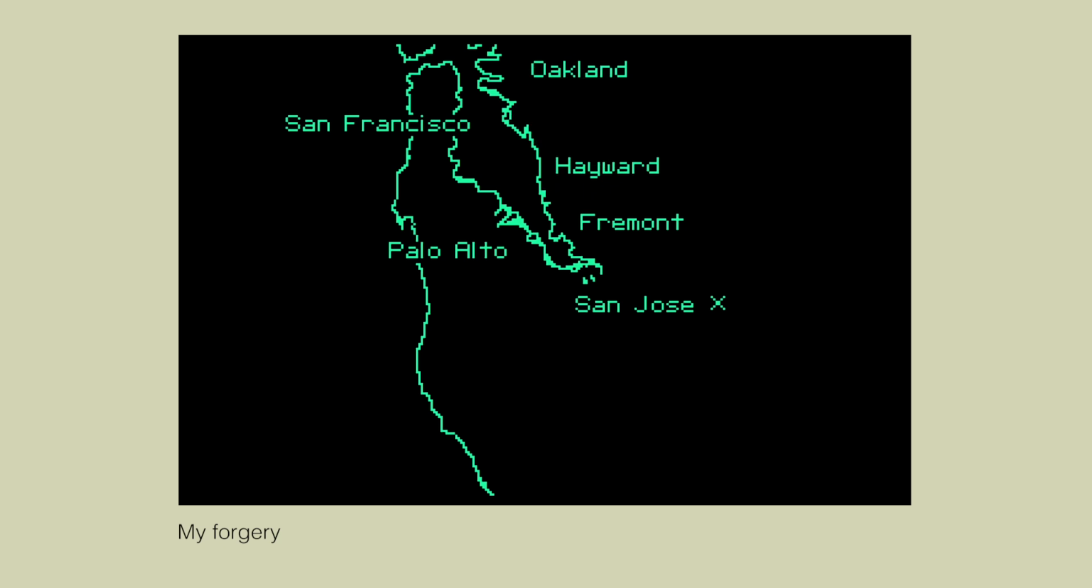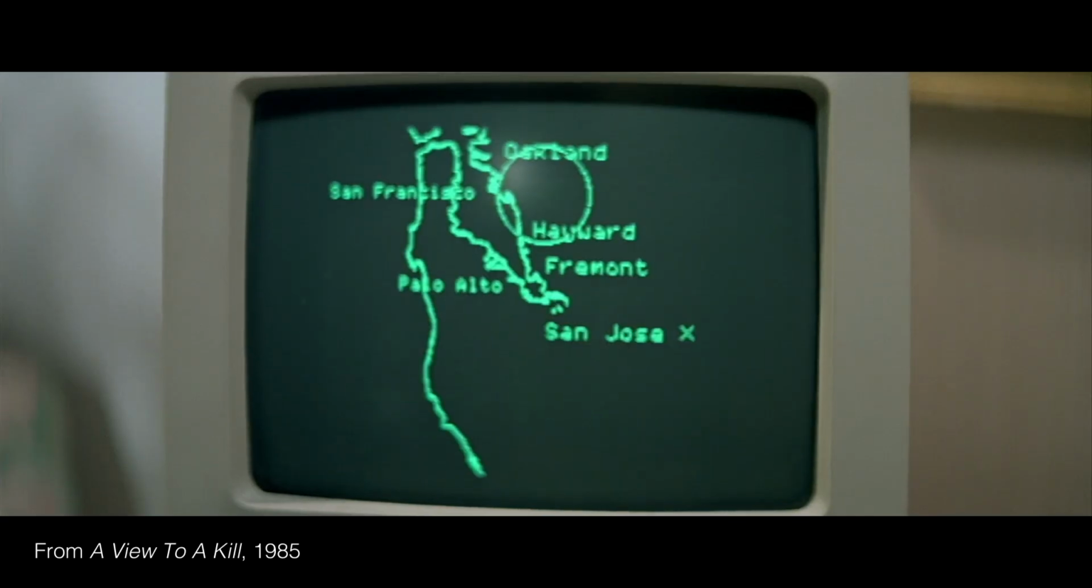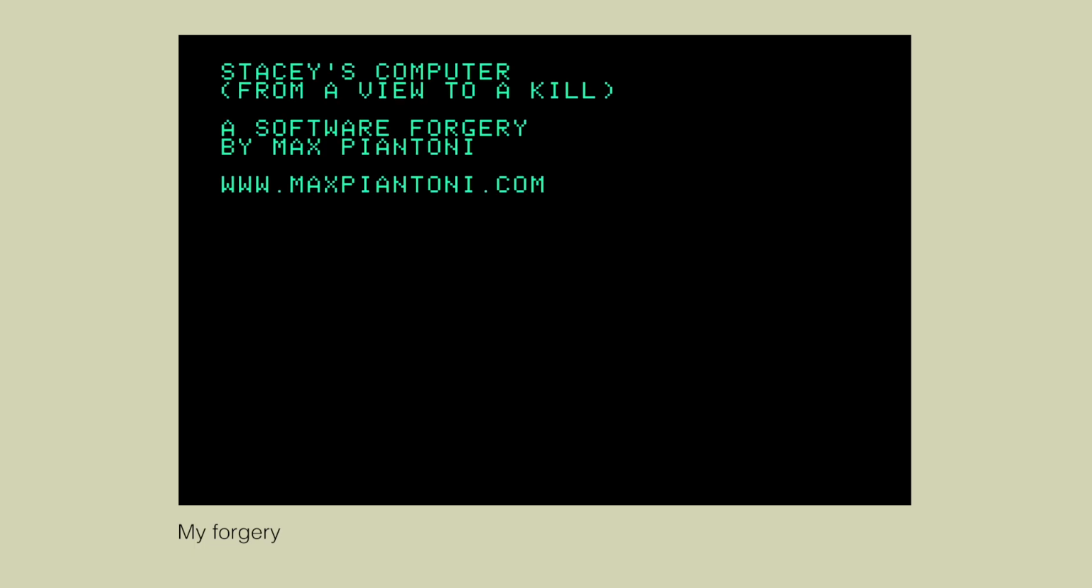The main difference, I think, between the map in the movie and the map in mine is in the movie they play this like beep, beep, beep, burp, beep, beep, beep, burp. Location? That's odd. So that is how I forged the program from Stacey's computer from A View to a Kill,